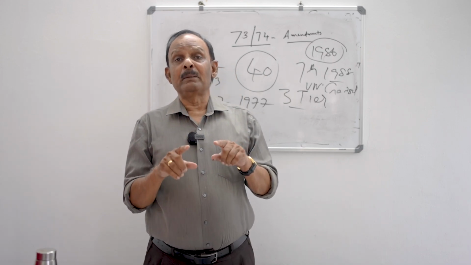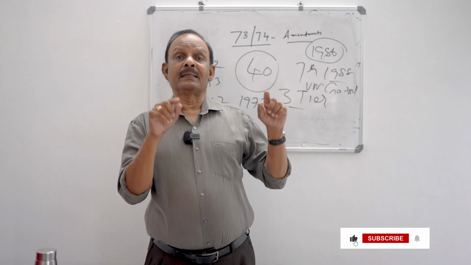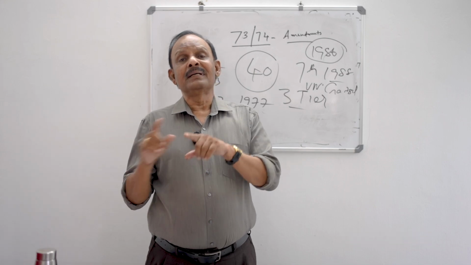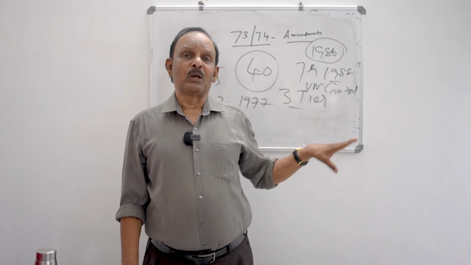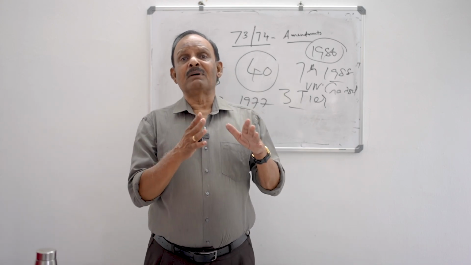By uniform standard, we mean that now in all Panchayat Raj institutions, there should be minimum 33.3% reservation. Similarly, minimum age will be 21. These are uniform standards prescribed by the Constitution. So these committees gave a report, and Rajiv Gandhi was highly impressed by the report, and Rajiv Gandhi wanted to